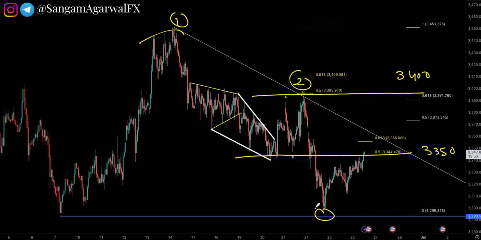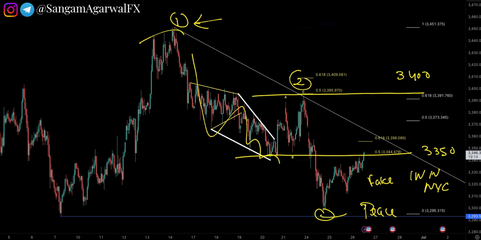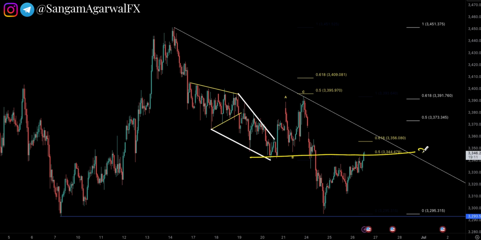On the bottom, everything becomes clear, confirmed by CNN and the New York Times. On top, everyone panics on war. On the bottom, peace news, ceasefire confirmed, fake war news confirmed. Looks like top to bottom, that was giant central planning. So be careful, these two are big levels, and I think price will stay below 3400